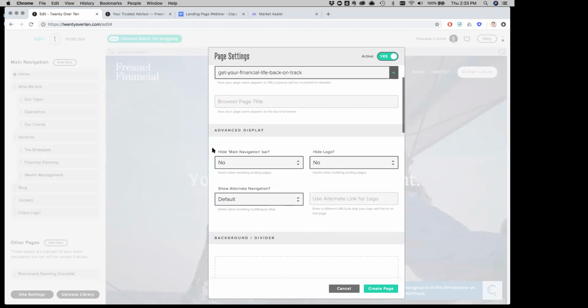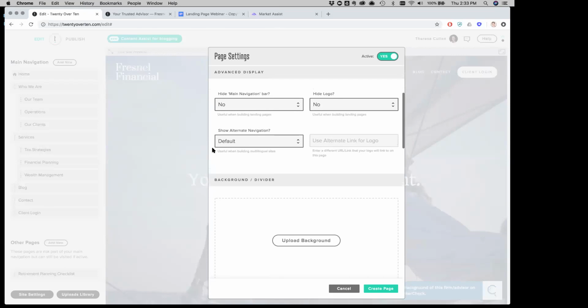So for the purposes of this, I'm going to go into that advanced display. And Samantha had made a really good point about, this sounds malicious, I promise it's not, trapping people on the page. We want to be considerate of our bounce rate. We really don't want to give them a lot of doorways out, right? We want to sort of capture them on the page, force them to take the next actionable steps. An easy way to do that is you can hide your main navigation, so it's not easy to navigate to other portions of your website. And again, right in those page settings, you can go hide main navigation bar. Yes. You can even hide your logo too. So you can really strategize exactly how much you want to lock people in.